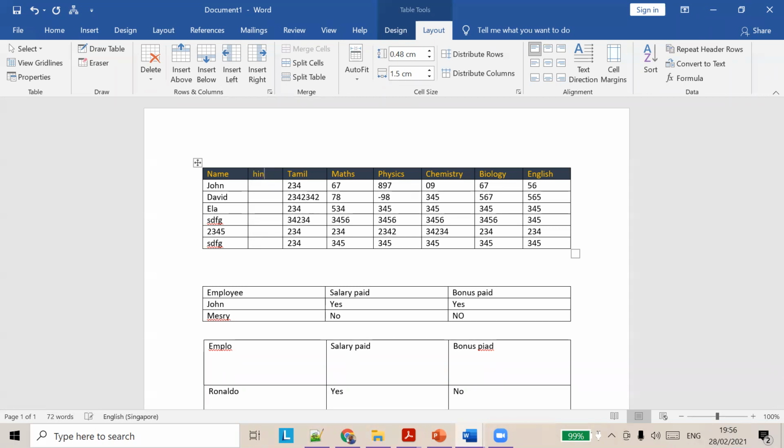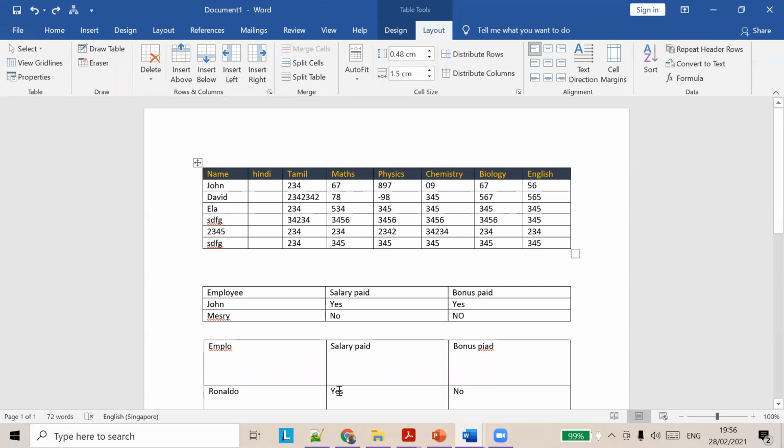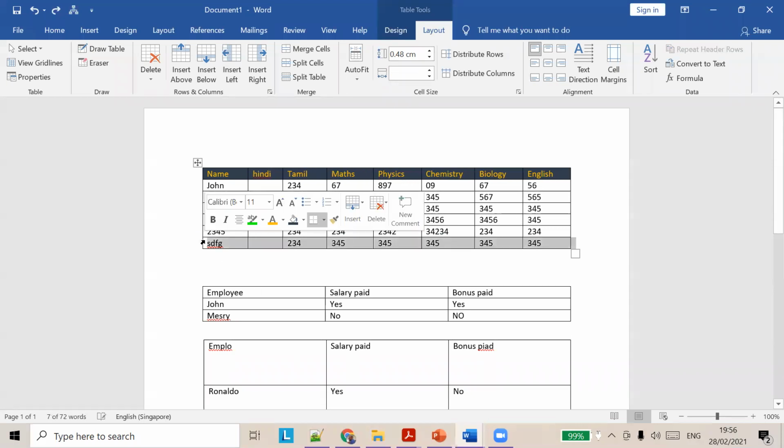So what I did is I just inserted a column using this option. So instead of doing it from here to this one, right? I did this from here. That's it. Okay, so this is how you add and delete columns. So we can also delete columns if we need. So click on this, and you can say delete